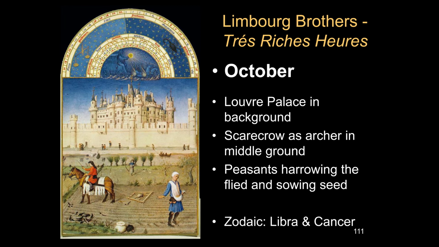You might notice the little details here. These kind of things are very useful for people who want to know about the history of technology. You may not think of how you sow your grain or how you plow your field as being technology, but it very much was so. You see it's a horse, they have a horse yoke, which is very different than an oxen yoke. One of the little bits of technology is a scarecrow who's dressed up like an archer. It doesn't seem to be doing a really good job of keeping the birds away, however. They're enjoying the grain as well.